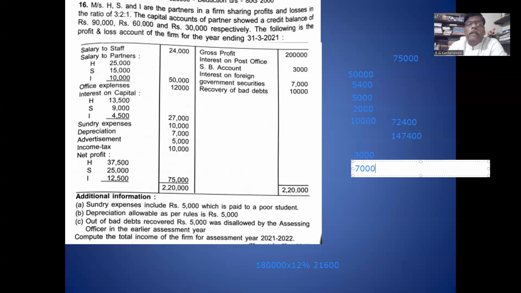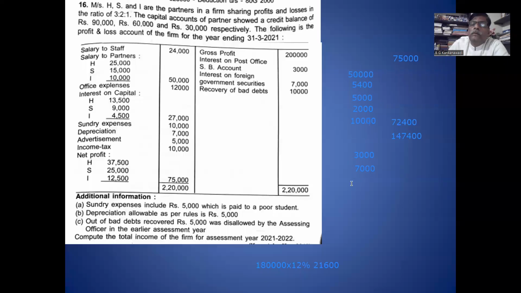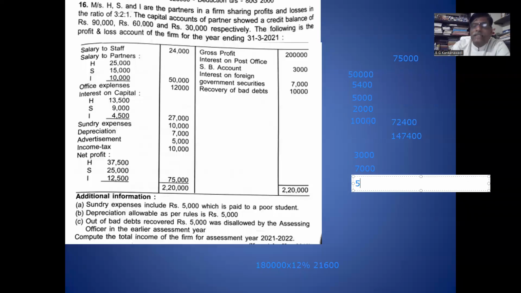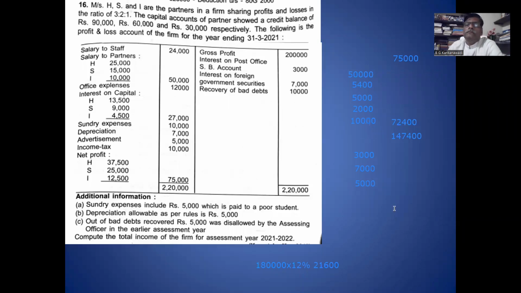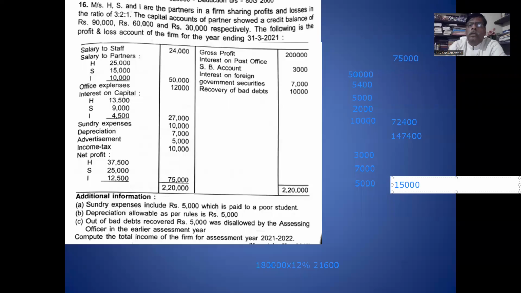Bad debt recovery: out of 10,000 bad debt recovery, 5,000 is disallowed. So you take 5,000 bad debt disallowed. The total of this is 15,000. If you deduct this 15,000,